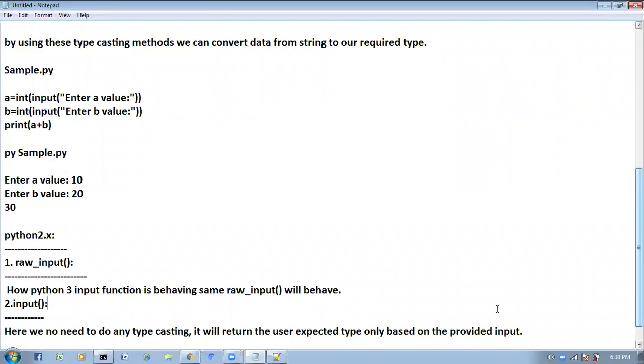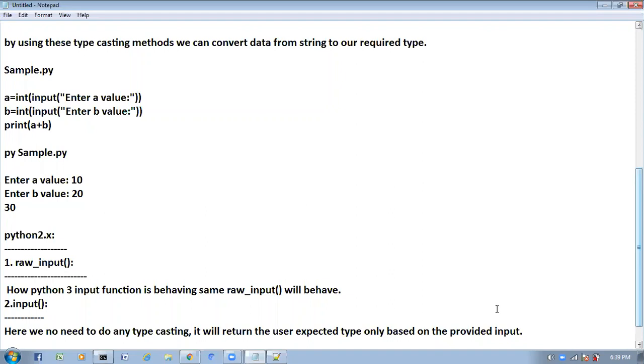If the user provides floating point data, it will return float. If the user provides Boolean type, it will return bool type. We do not need any typecasting.